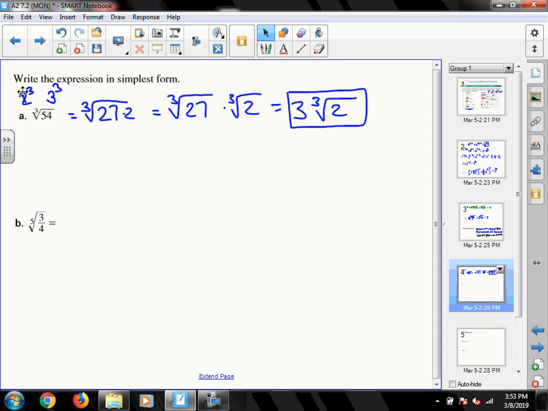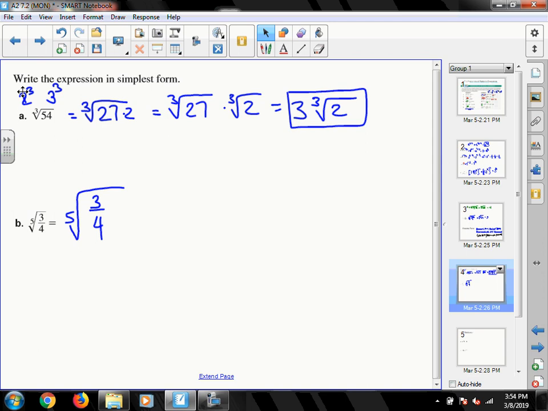However, if I take the 5th root of 3/4, I can actually multiply my fraction by a fancy form of 1. So I'm looking for